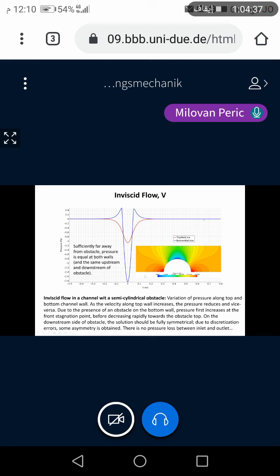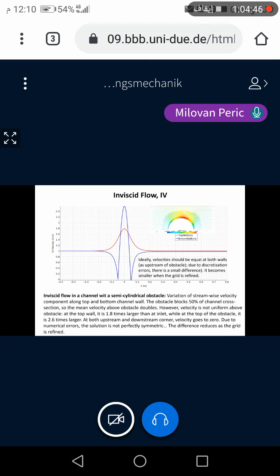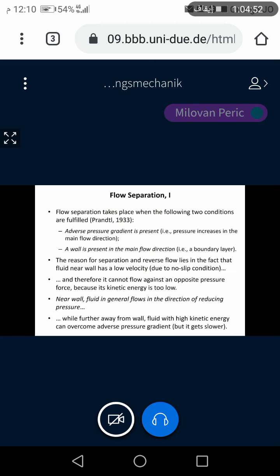Now pressure comes to the same value at the downstream side as at the upstream side, but the velocity doesn't. So discretization error here is manifested only in velocities, not in pressure. Okay, so that was a simple